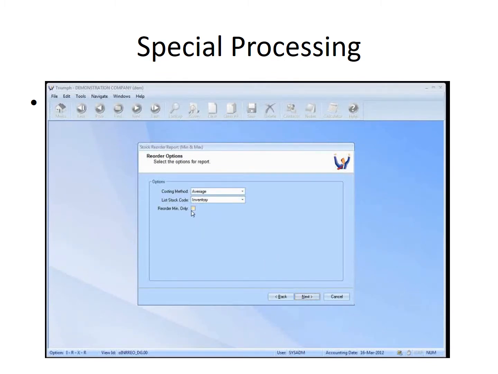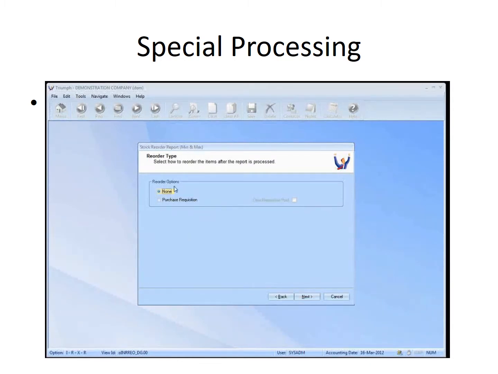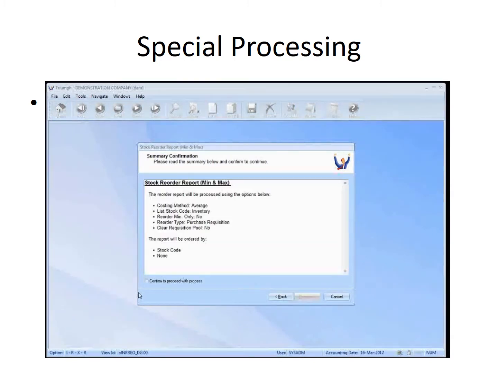report, we can just reorder up to a minimum only. We can choose to do it by groups and categories or subgroups, given a certain range. And we can just run a report, or we can actually also create purchase requisitions. And what this lets us do is clear out what we've got there already, or just add to it. So if I just add to this,